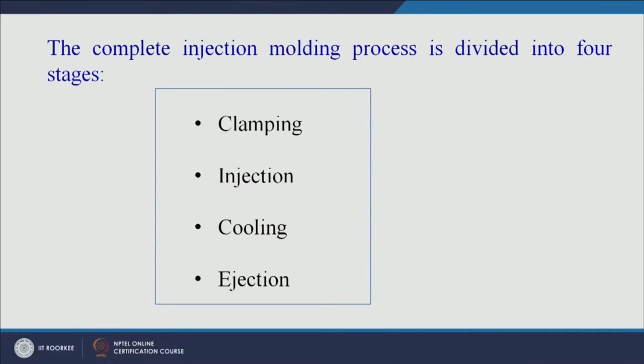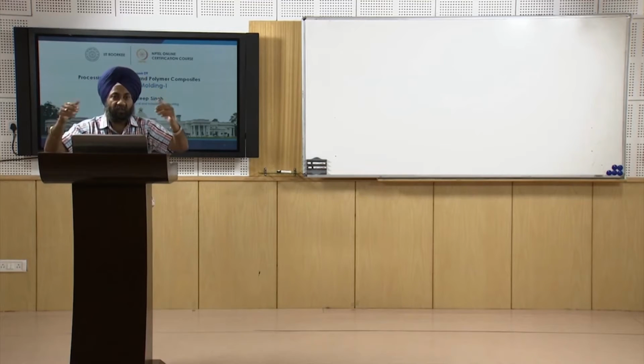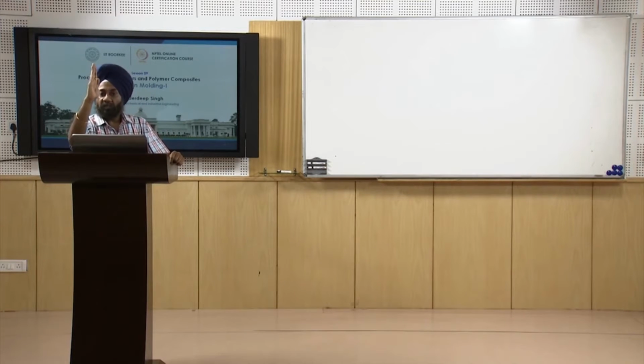Now clamping means the closure of the 2 parts of the mold. In this case we have one fixed part of the mold that is connected to the nozzle. There is a movable part that moves over the tie bar. As soon as the process starts, the mold is in the open stage. Now we will discuss just one cycle of processing or fabricating one part. So one mold half is attached to the nozzle, the other part will open up and the product will be removed.